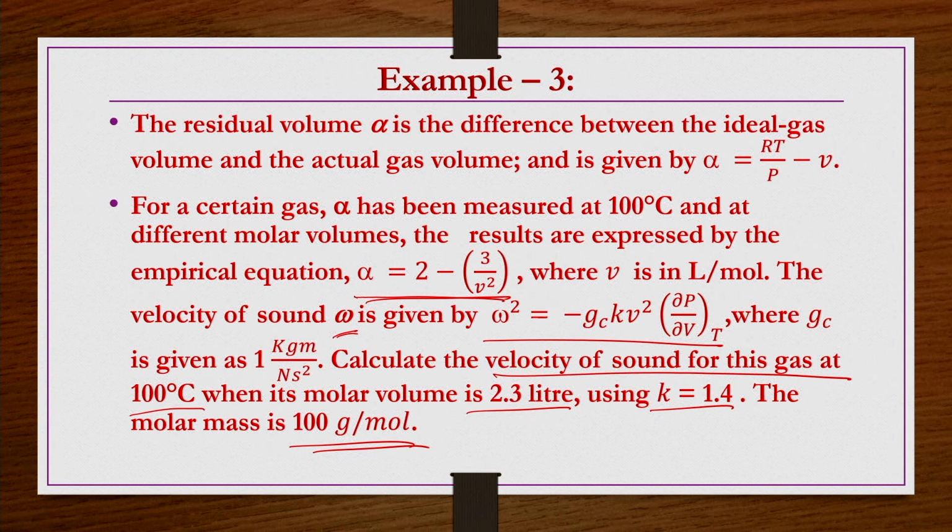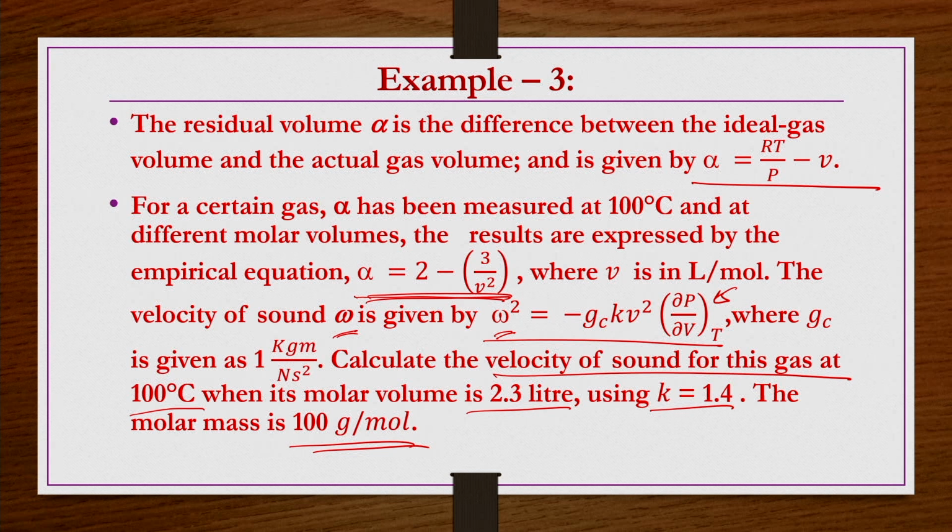So, the only thing, if you want to know omega, is that you should know what ∂P/∂V is. So, the alpha expression is given, two expressions are given, we can make use of these equations to get P as a function of V, and then we can find ∂P/∂V at constant T.